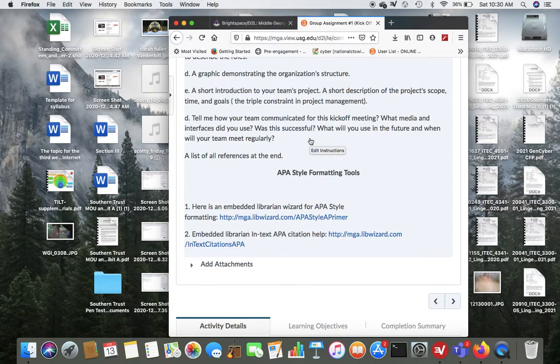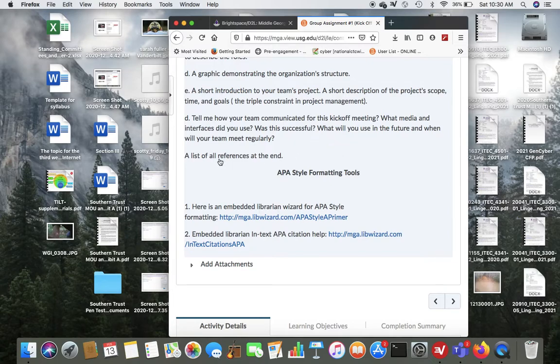What media interfaces did you use? Was it successful? What will you use in the future? And when will your team meet regularly? Some of my other students are using Discord, which is good. You can use Zoom, but that will be up to the team to decide how they're going to communicate. You can even just use email if you want.